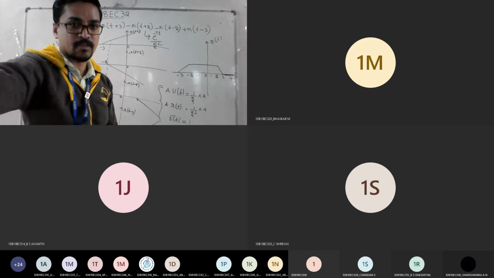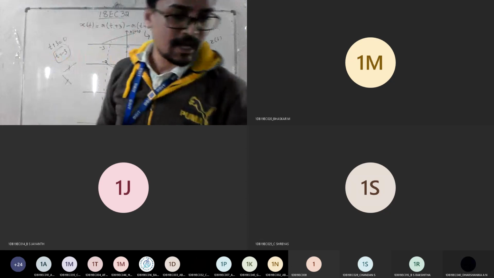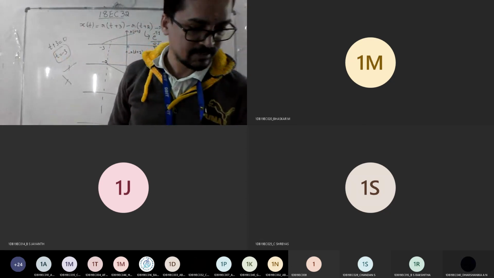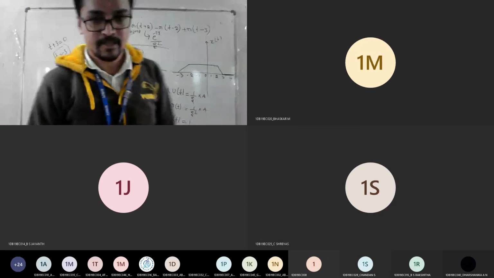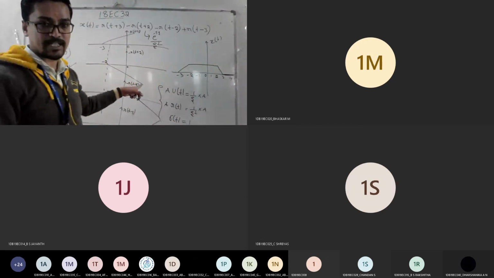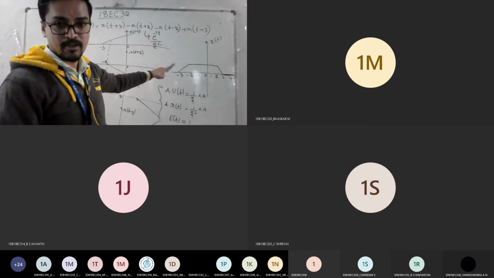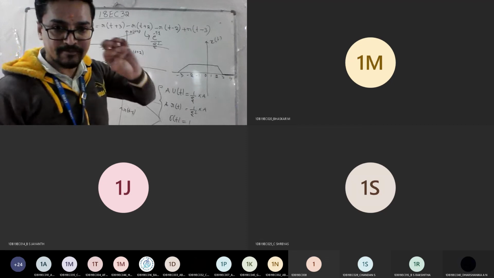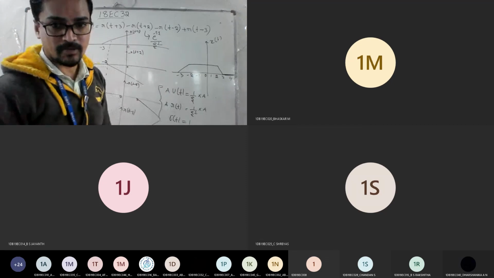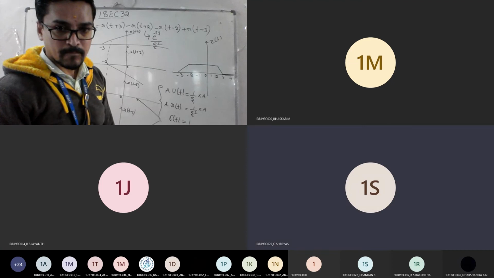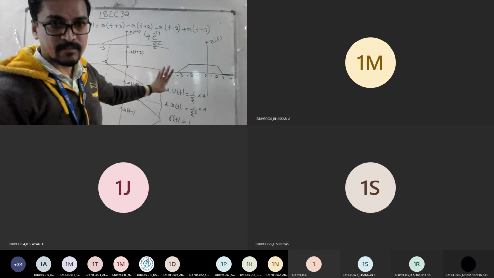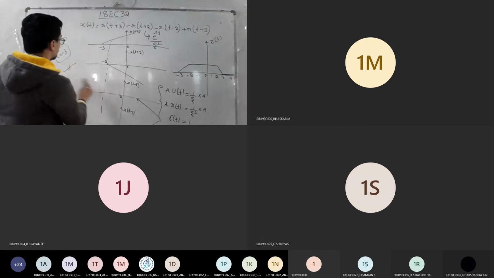So this is the last topic we had in this. Any doubts, if anybody has, you can ask. If you understood this, I will give one last problem like this waveform. For that I want you to plot r of t. That will be the end of fourth module. Am I clear? Yes, sir. So shall I give a problem now? Yes, sir.